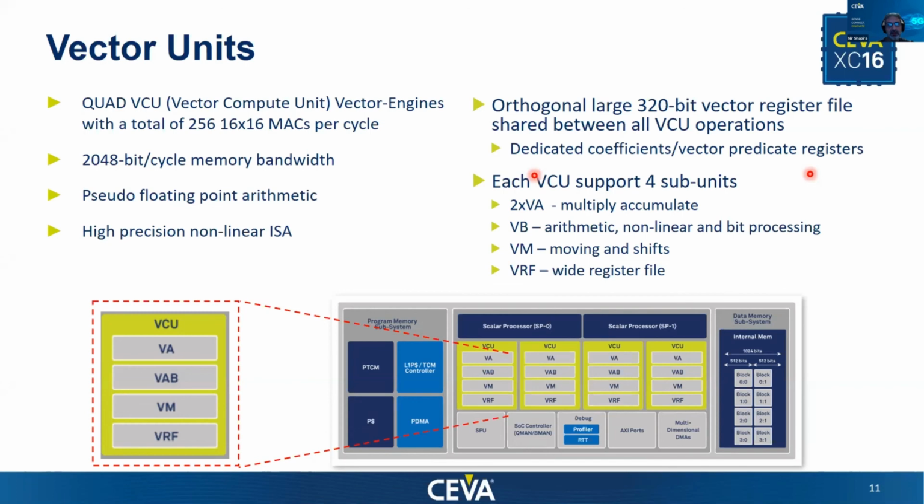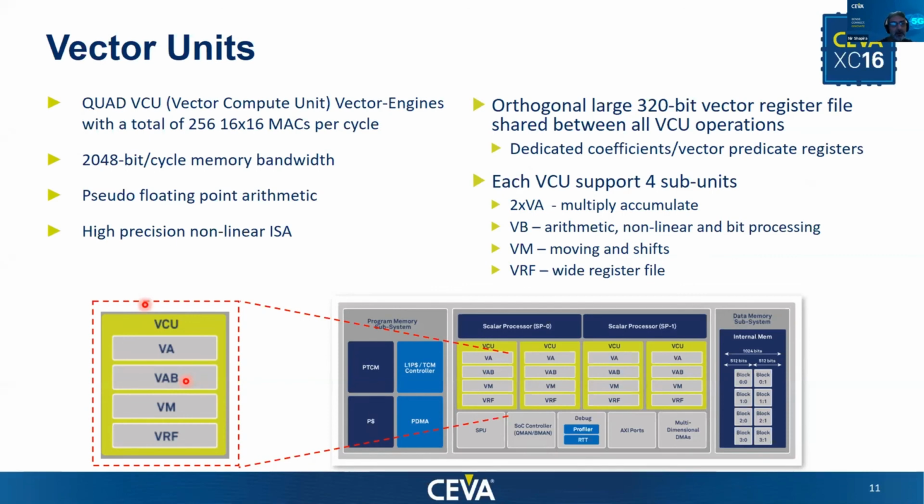And we can see here that the VCUs have several execution units. There's the VA, where you have all the multiply accumulates. There's the VB that does the high precision